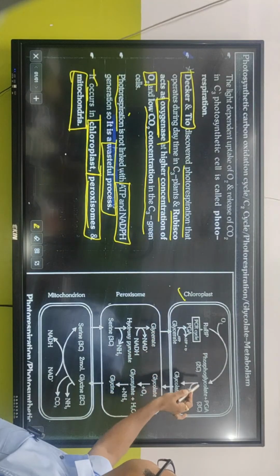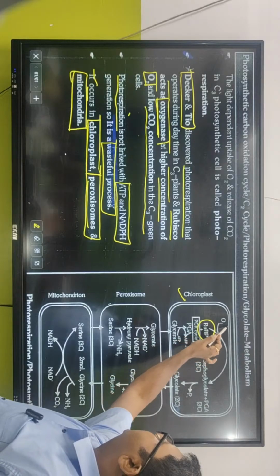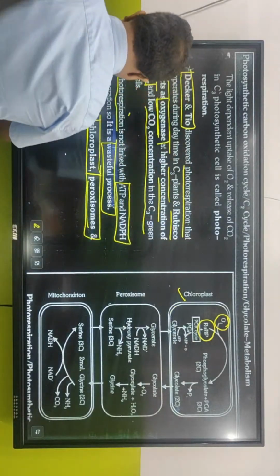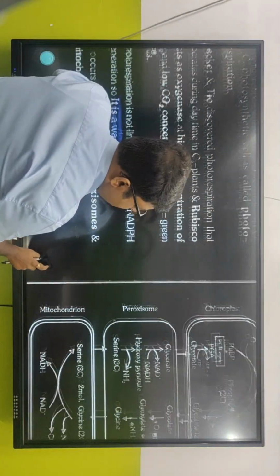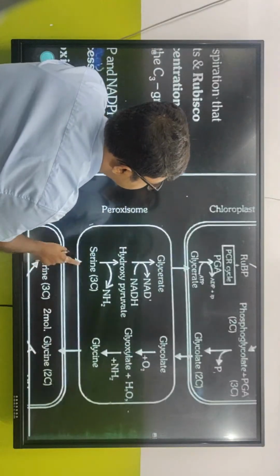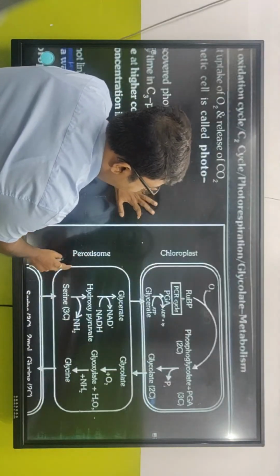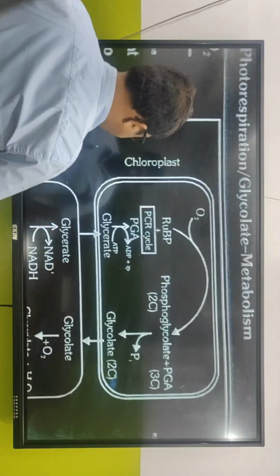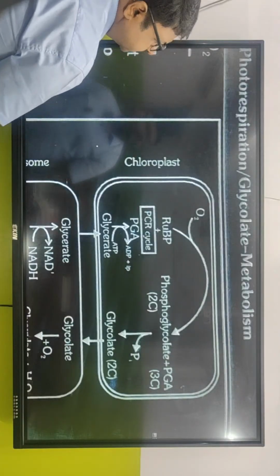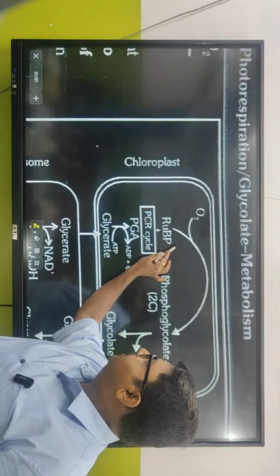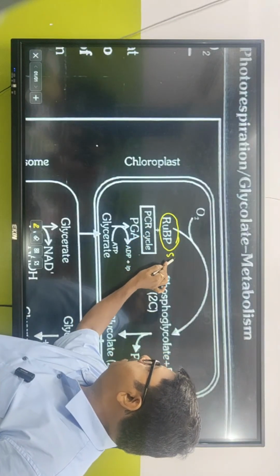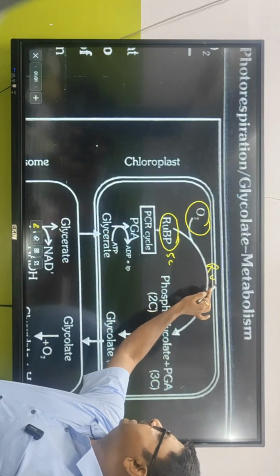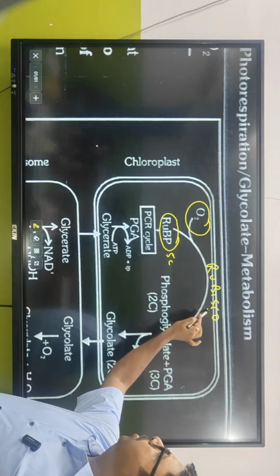In chloroplast, let us start with phosphoglycolate. RUBP gets broken down in presence of oxygen. See over here. RUBP, ribulose bisphosphate. How many carbon does it contain? 5 carbon. In presence of oxygen, what is the enzyme name? Rubisco. Rubisco is going to act more as